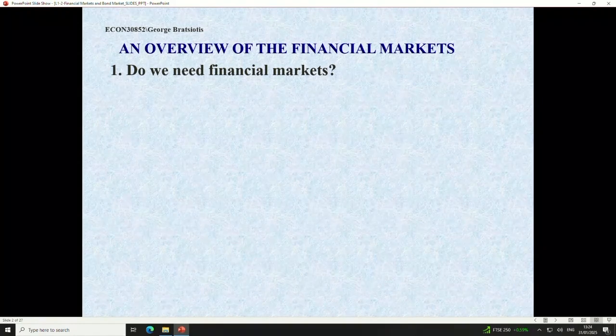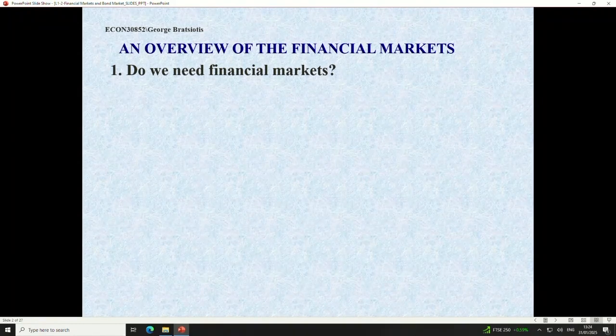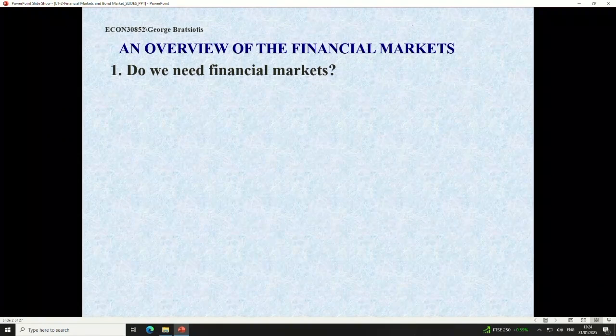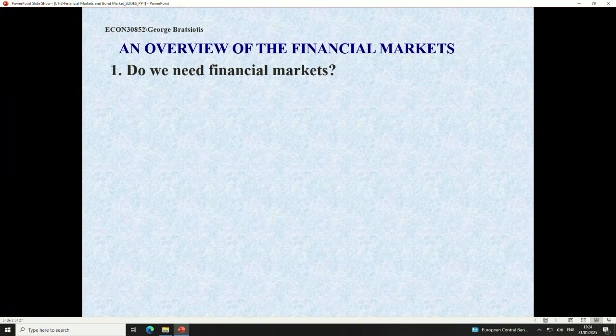The reason why I put it up there is that following the financial crisis of 2007, 2008, there was a lot of debate whether we do need banks. I mean, after all, banks are there to make profit, right? But if something goes wrong, we pick up the bill. And that is a fact. When we say the government picks up the bill, that's rubbish. We pick up the bill because we're the taxpayers, right?